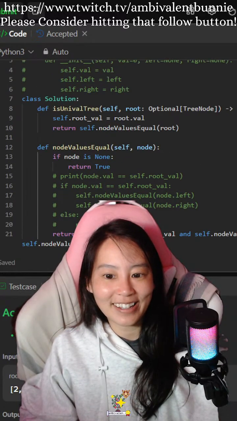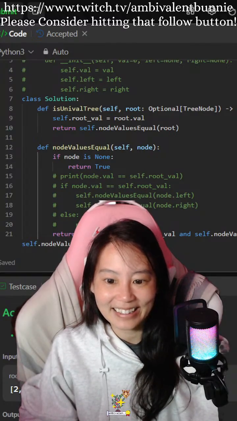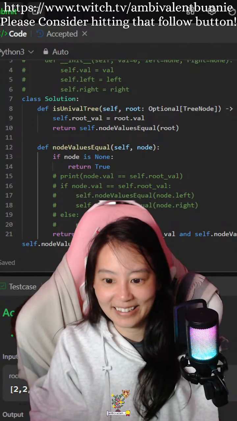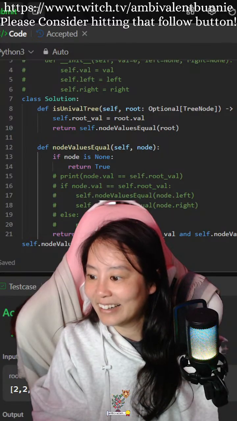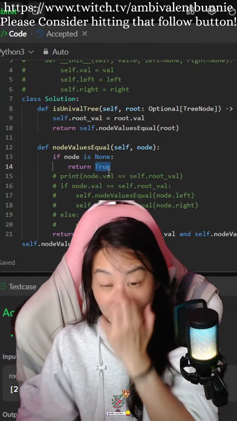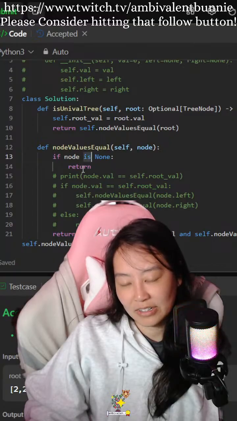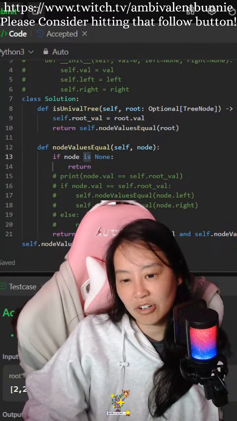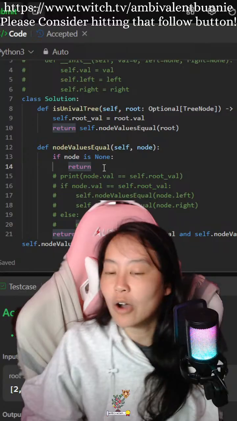So my other way was more efficient. That was before you added return true. So if node is none, return. So it never returns true. Oh, okay.